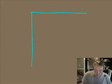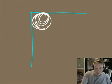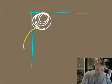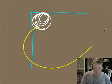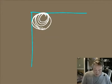If you've got this line here and this line here, and you are right about here, and you want to arc them, well, maybe right about there. You want to arc away. You could arc out and down, but that's going to somehow feel poppy. Don't ask me why, it just does. So if instead you arced